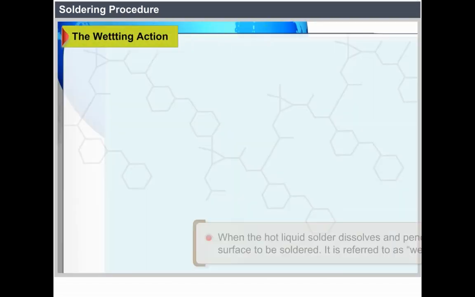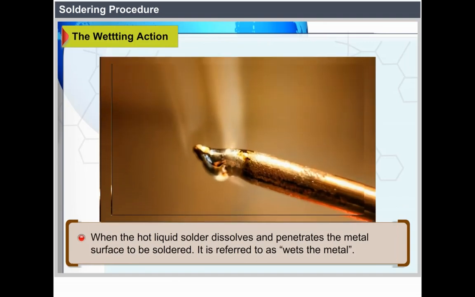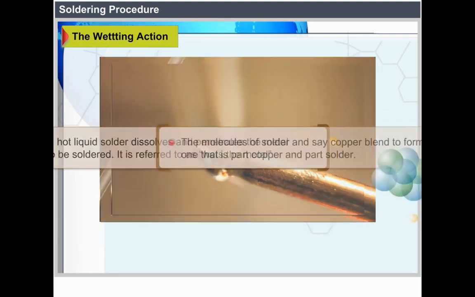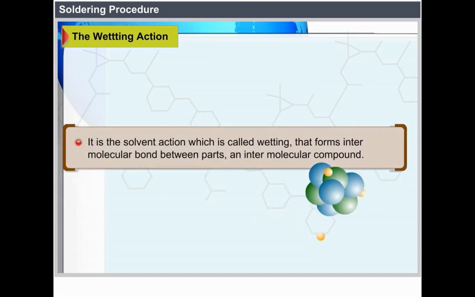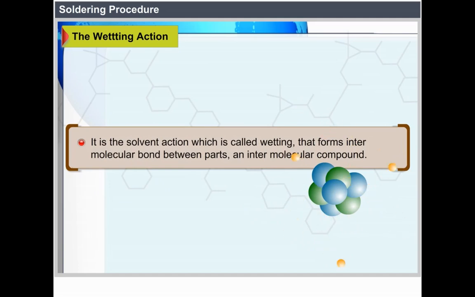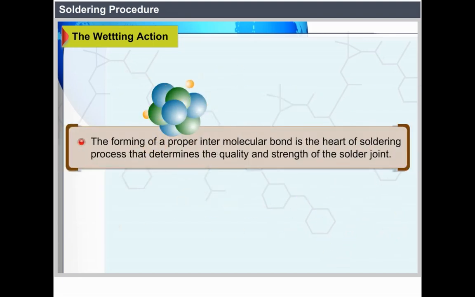The wetting action. When hot liquid solder dissolves and penetrates the metal surface to be soldered, it is referred to as wetting the metal. The molecules of solder and, say, copper blend to form a new alloy, one that is part copper and part solder. It is a solvent action, called wetting, that forms an intermolecular bond between parts and an intermolecular compound. The forming of a proper intermolecular bond is the heart of the soldering process that determines the quality and the strength